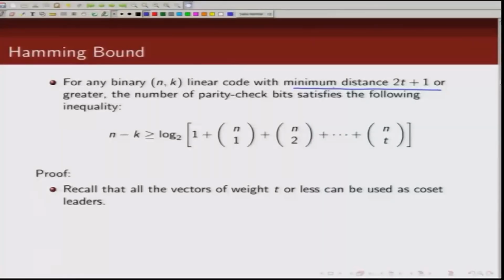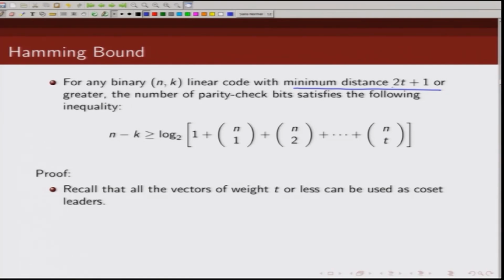Now, if we look at our syndrome decoding, recall that if we want to correct t errors, all error patterns of weight up to t should be the coset leaders, then we can correct these error patterns. So, if a linear code has minimum distance of 2t plus 1, all error patterns of weight up to t are correctable,